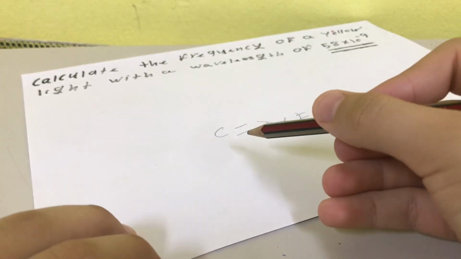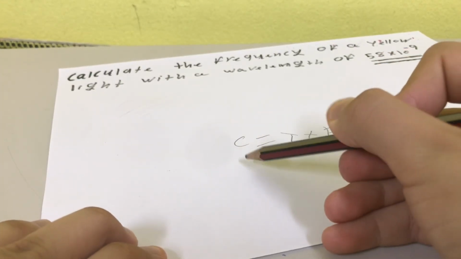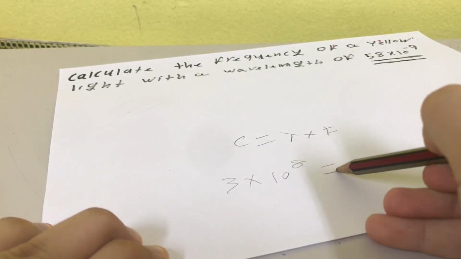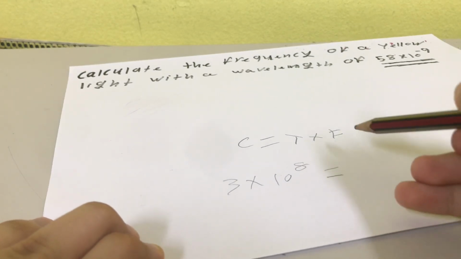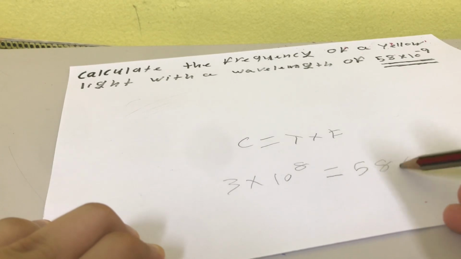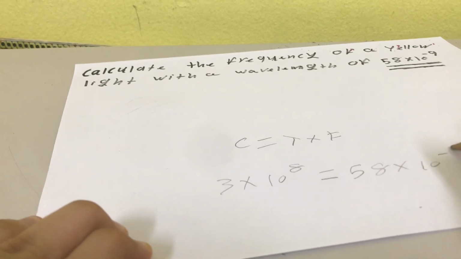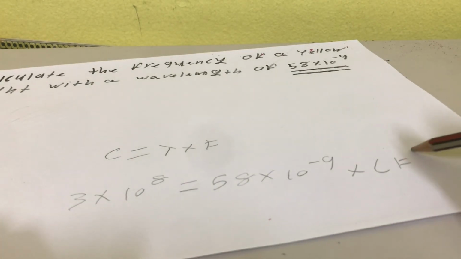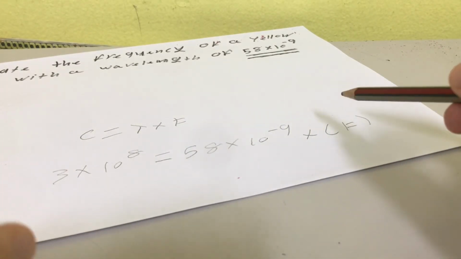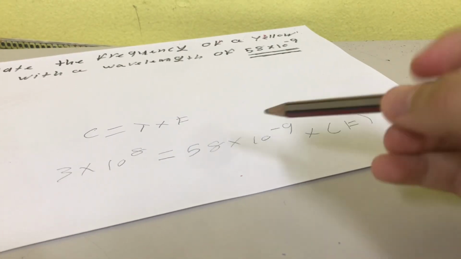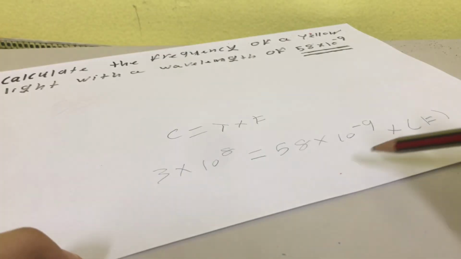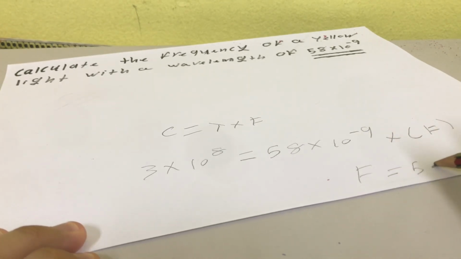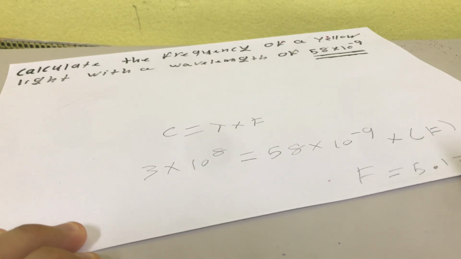C is the speed of light in a vacuum, 3 times 10 raised to the 8, which equals the wavelength 58 times 10 raised to the negative 9 times F. So we divide both sides by 58 times 10 raised to the negative 9, and finally we get F equals 5.172 times 10